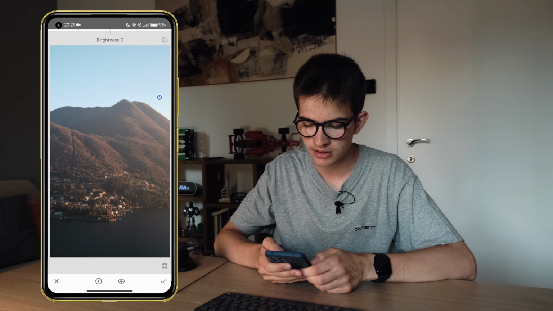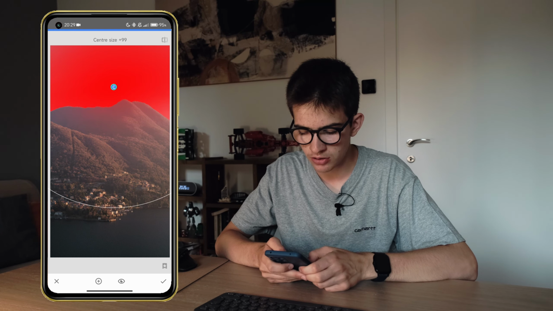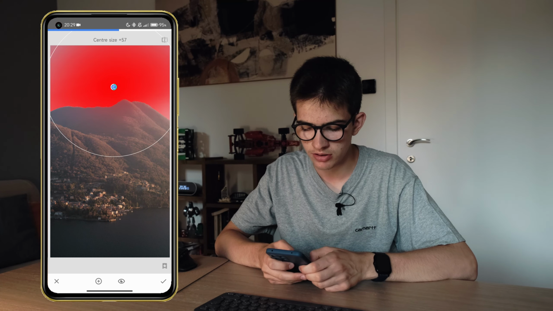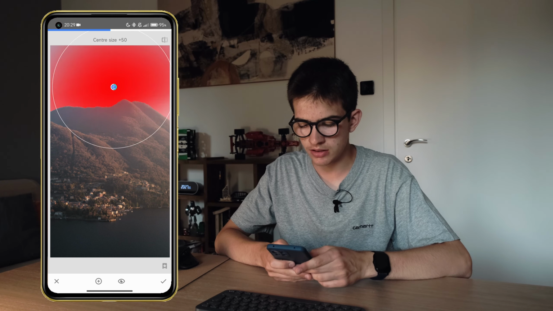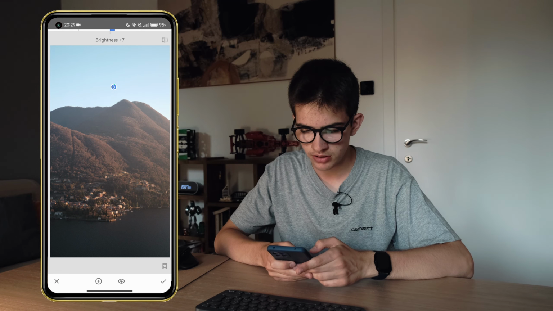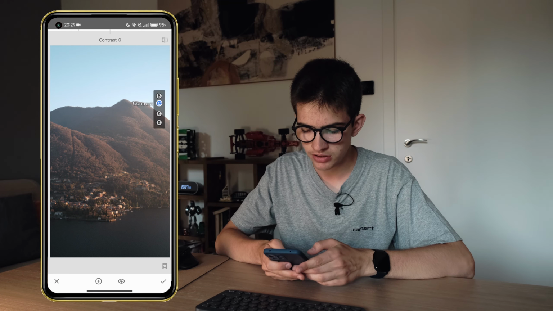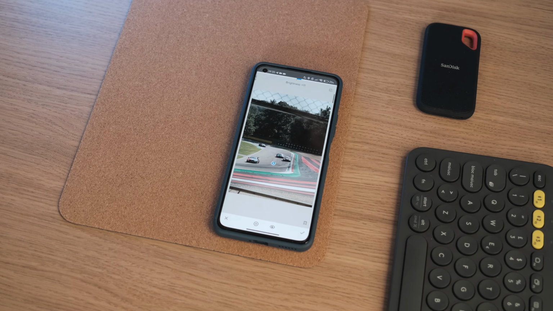For example, in this case I've selected the sky, and this mask is going to select the entire sky. As you can see, I can make it a bit smaller or a bit bigger. Once you've done this, you can start working on these areas. For example, I'm increasing the brightness. You can even increase the contrast a bit, the saturation and the structure.